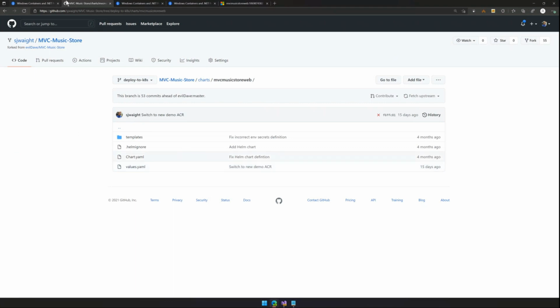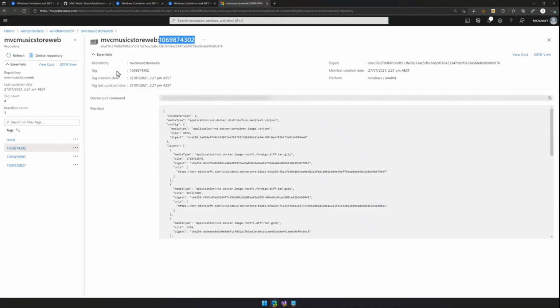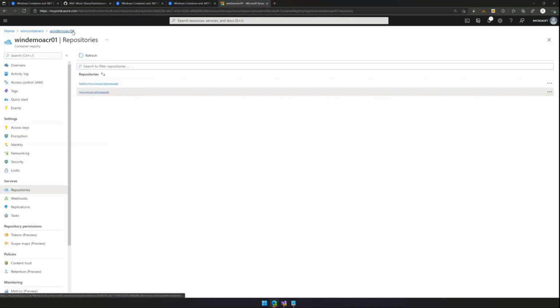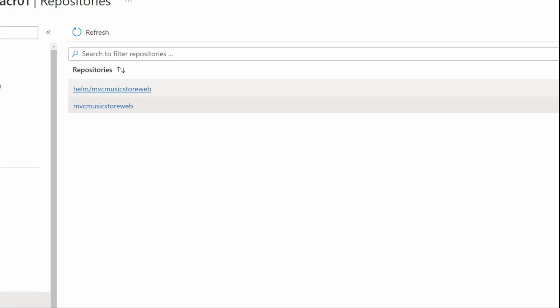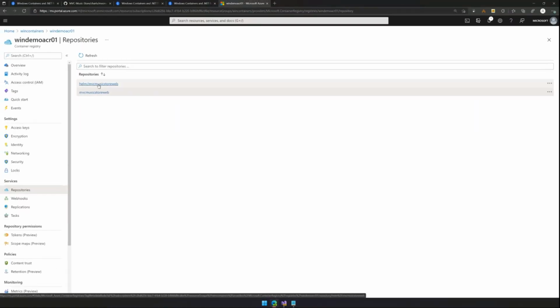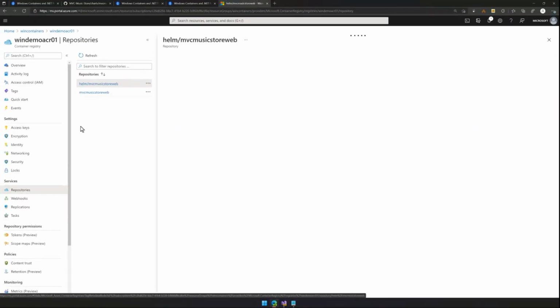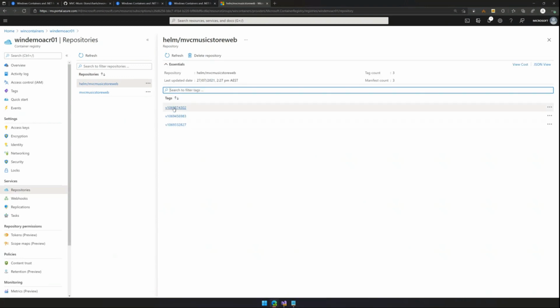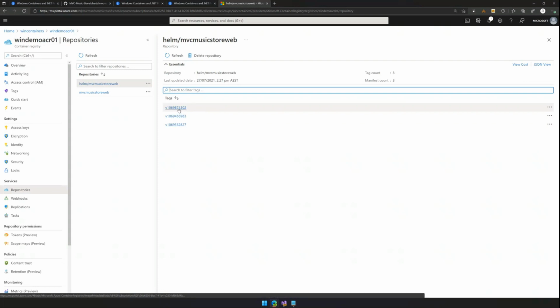And then you saw earlier when we were in the container registry here, so if we come back up to the ACR registry, you'll see here that we have a Helm repository. That's because ACR can also hold Helm charts for you. So you'll see that we have versioned Helm charts as well in here. So a Helm chart and a container version don't have to align necessarily.